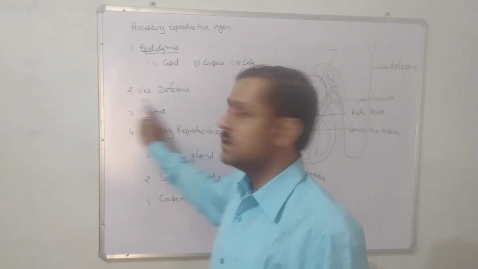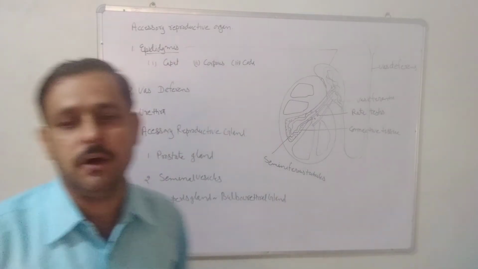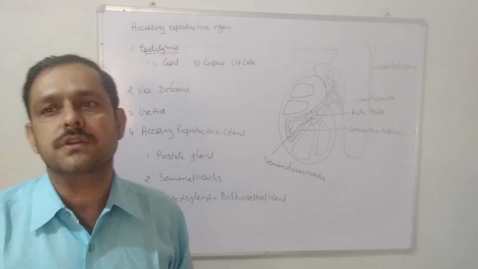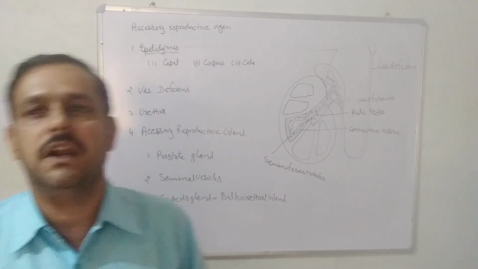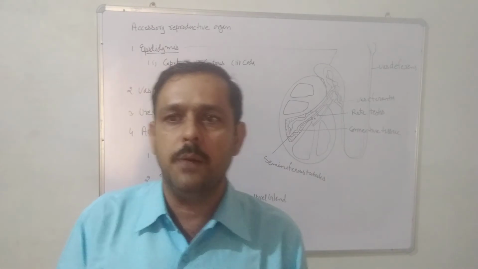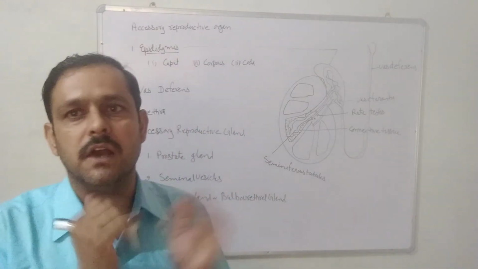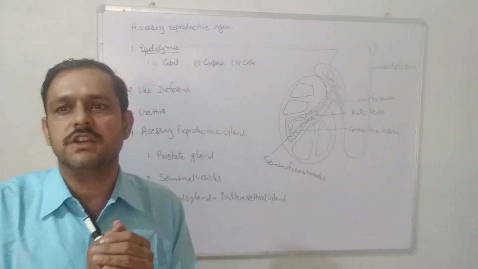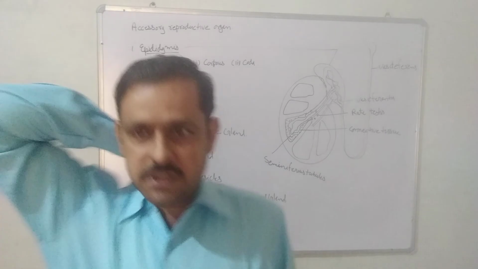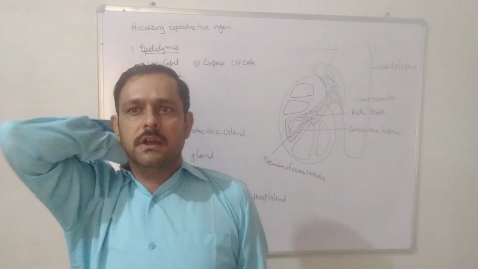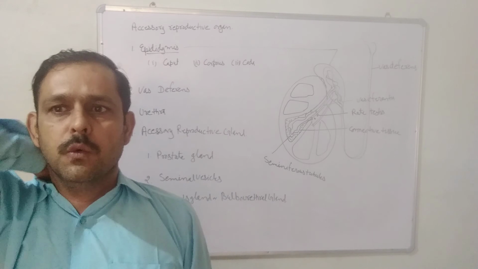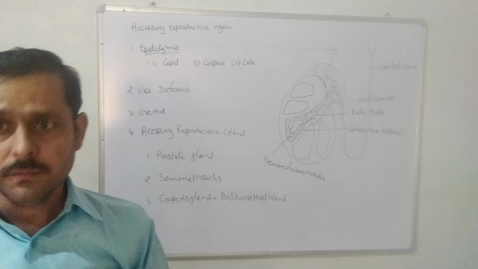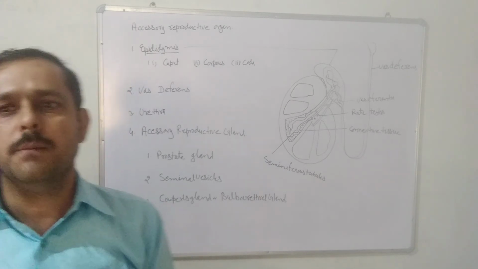Now second, the vas deferens. The vas deferens is an about 45 centimeter long tube. Cauda epididymis becomes less coiled and forms a straight, thick tube, the vas deferens. The inner layer of the vas deferens is made up of pseudostratified columnar epithelium. Some of its cells secrete a special fluid which keeps the passage of the vas deferens smooth for sperm movement. The sperms move forward due to wave motion in the muscles of its wall.